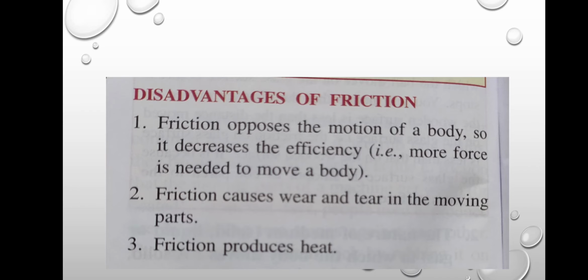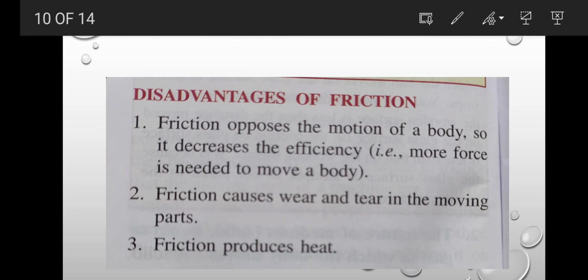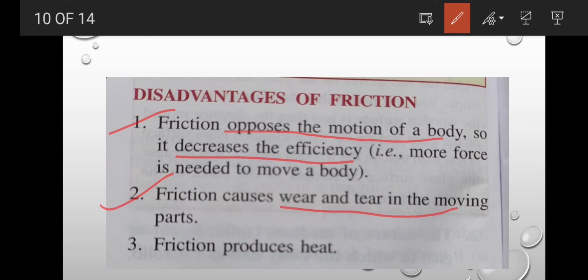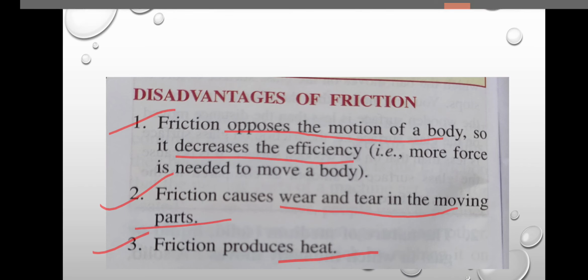Next question, write the disadvantages of force of friction. So the first disadvantage is what? Friction opposes the motion of a body, so it decreases the efficiency. Second, it causes wear and tear in the moving parts, and third, it produces heat. Now next,